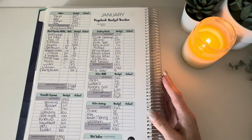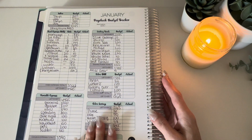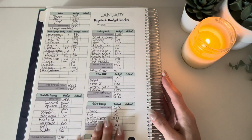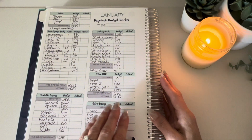If something were to happen, we would have various sources to pull the money from and cover that emergency. But that's also why I am a strong believer that you can pay down debt and save at the same time. Because even if you're putting all your money towards debt, if an emergency happens, what do you think you're going to do to fund that emergency? You're going to pull out your credit card and you're going to go into more debt. It makes no sense. So in my opinion, you should be doing both, paying down your debt and building a healthy